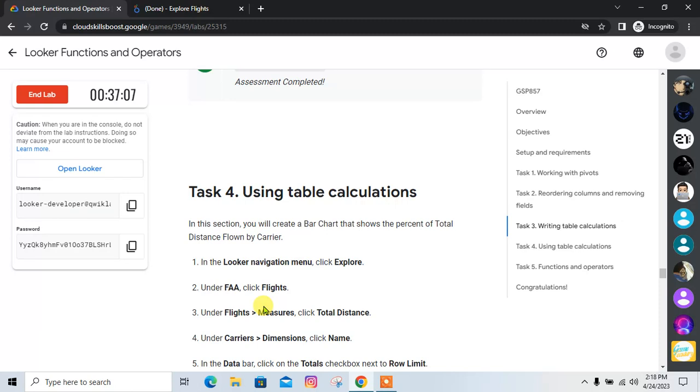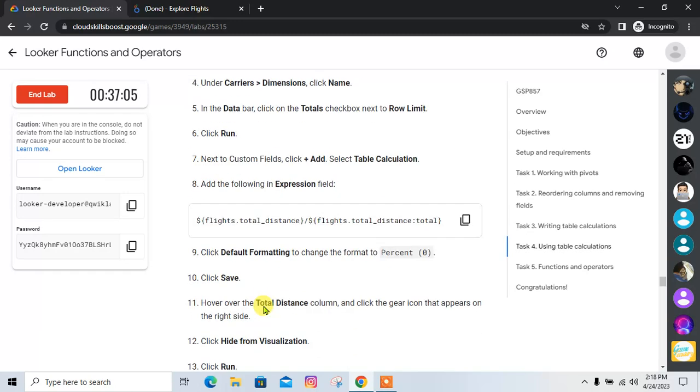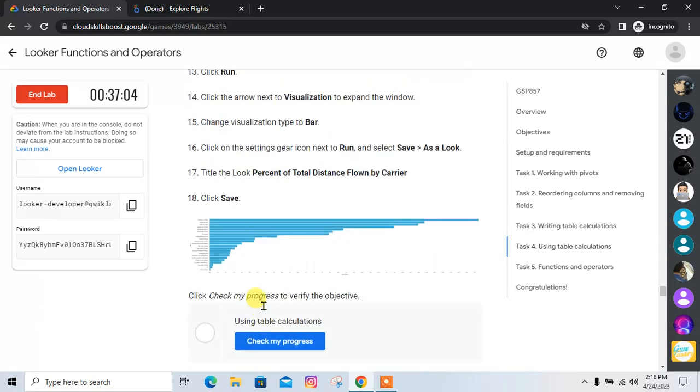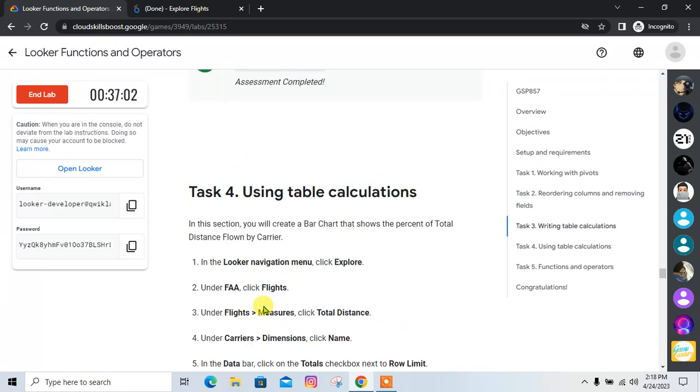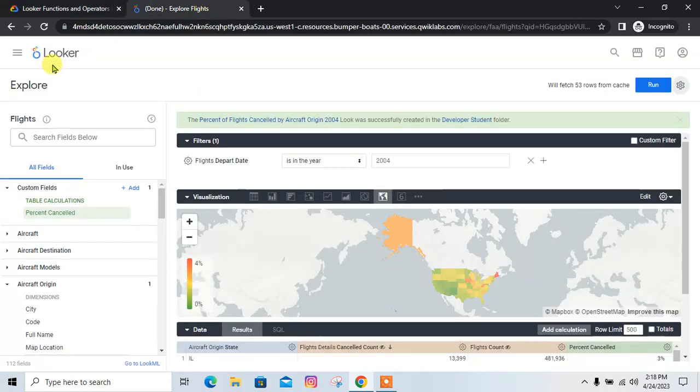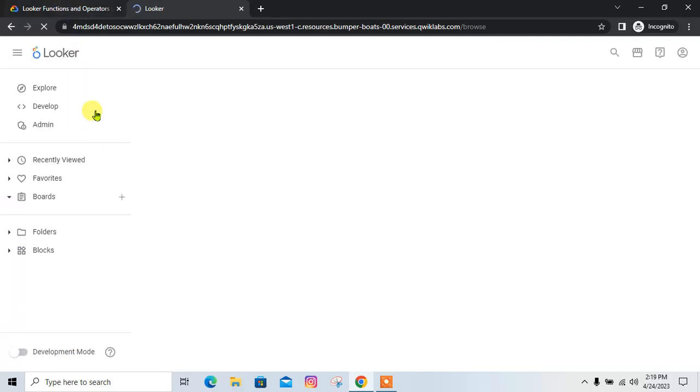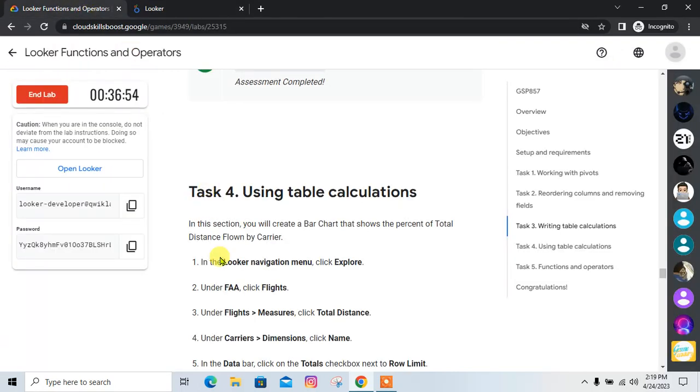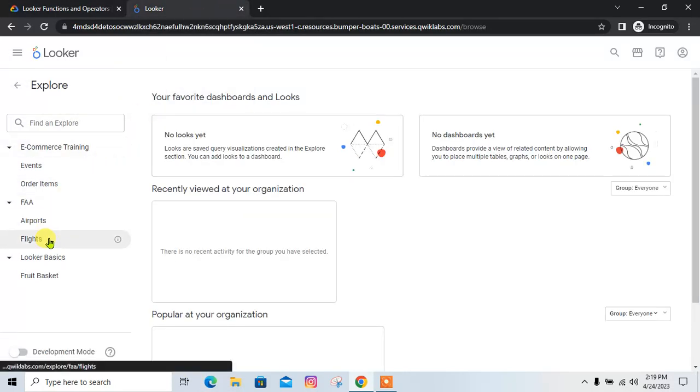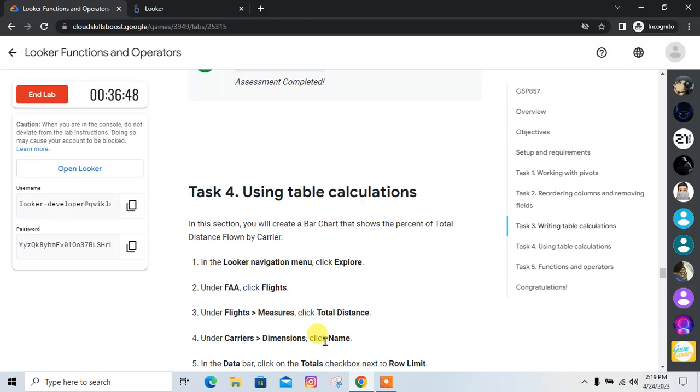Perfect. So it is done. And there is task 4. For task 4 we have to go for navigation again. So just click this locker, go to the explore section and under FFA flight, yeah, again you have to go for the flight and then